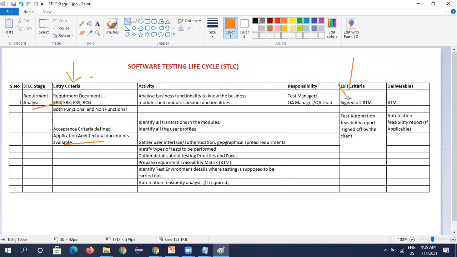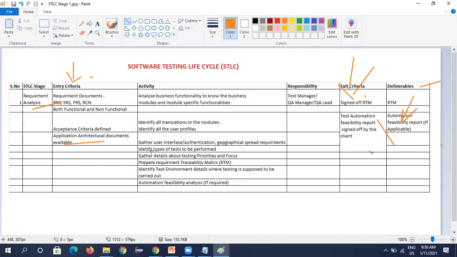And what are the deliverables of this phase? Deliverables means output. What do we get from requirement analysis? We get the requirement traceability matrix and the automation feasibility report. These two are the deliverables for requirement analysis. We'll go into detail on each document.